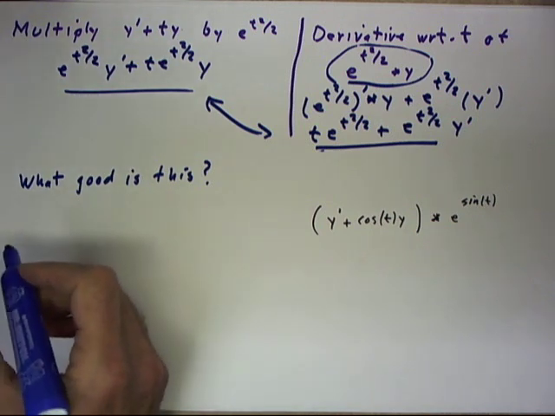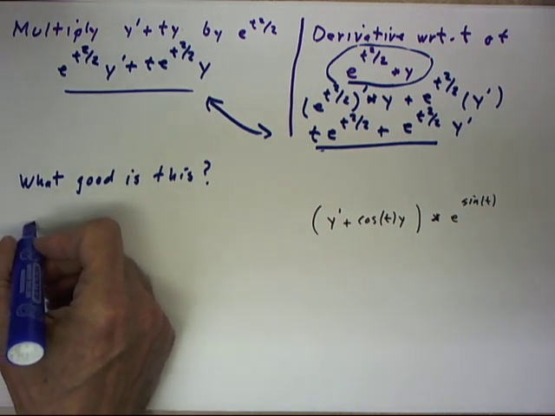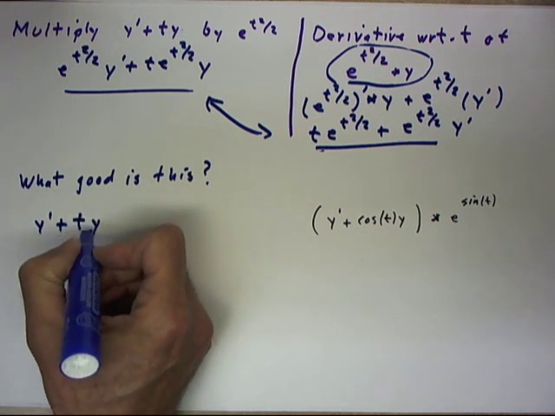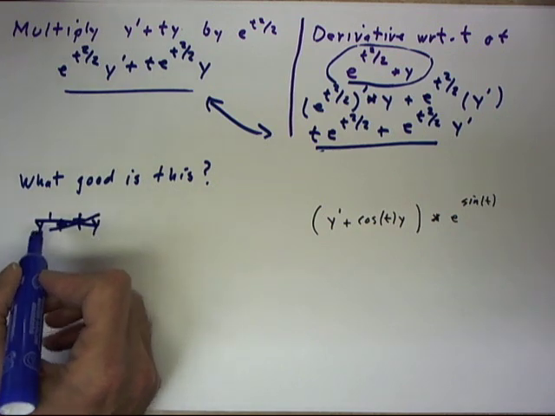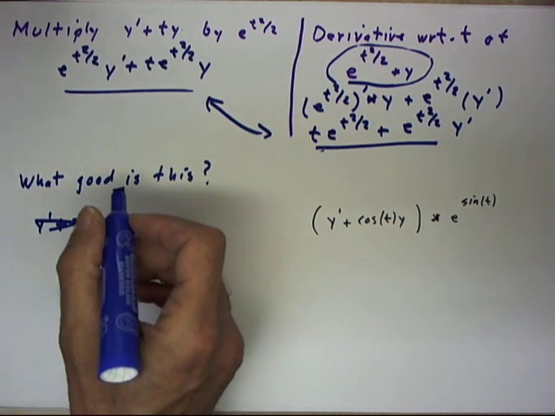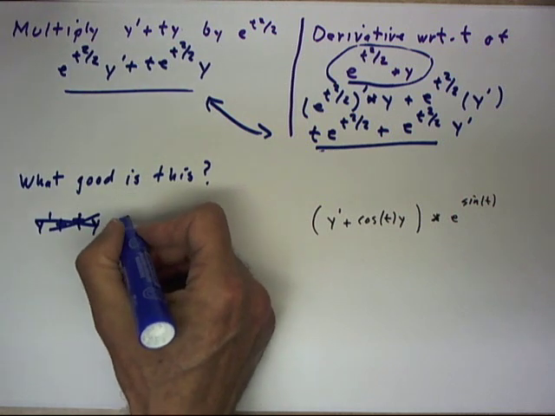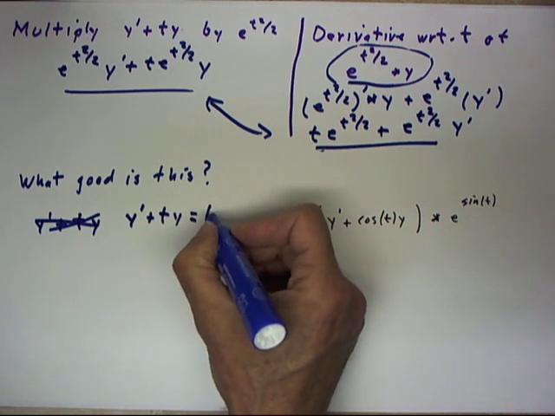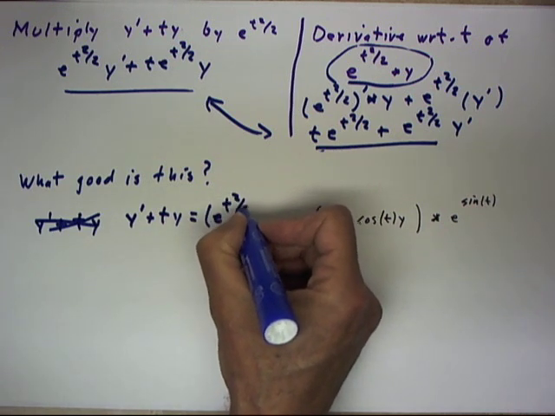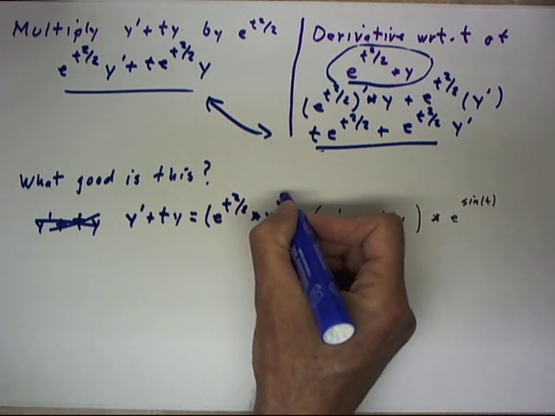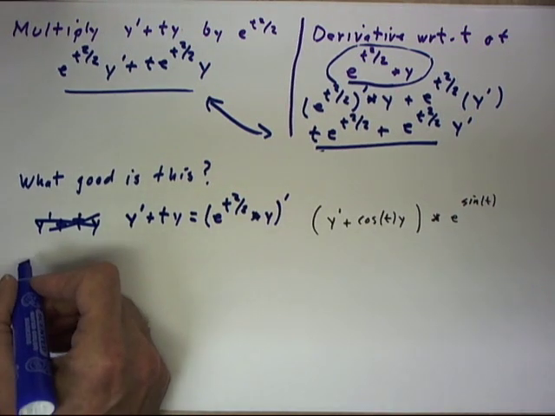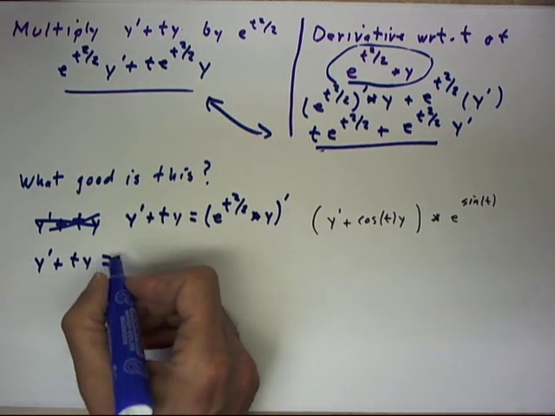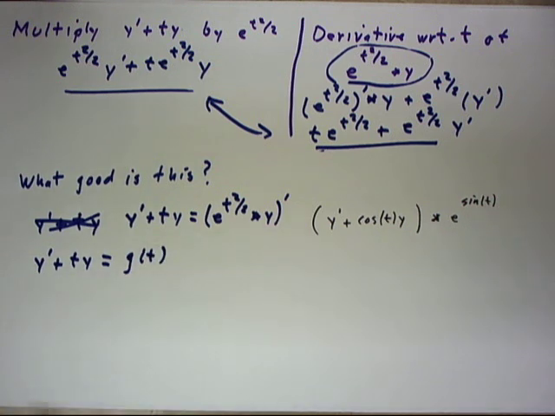Okay, well, the answer to that is, if we have the equation y prime plus ty... I'm sorry, that's not the equation. If we had the equation y prime plus ty equals any function, let's just call it g of t for right now,